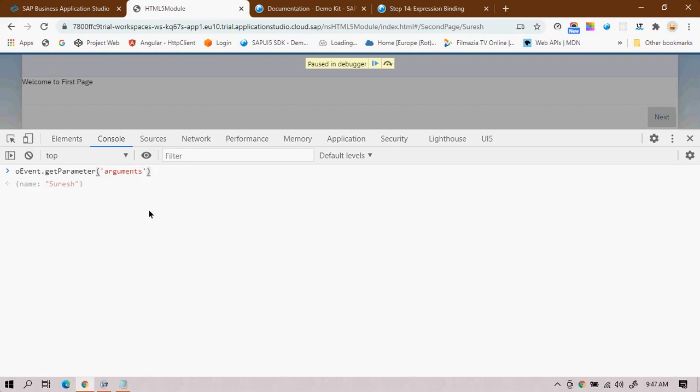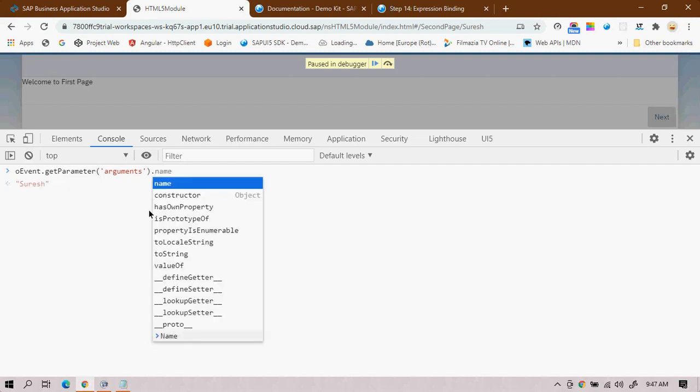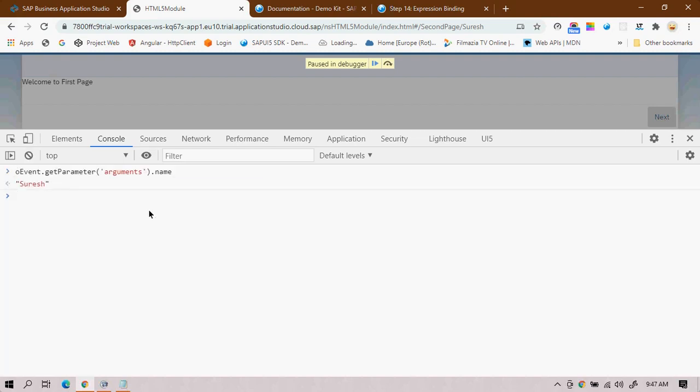So this is the arguments I'm passing, and I can simply write name. That's it. So this is the name which I passed from the first view. Okay, so this is the general syntax for getting the values from the first page to the second page.